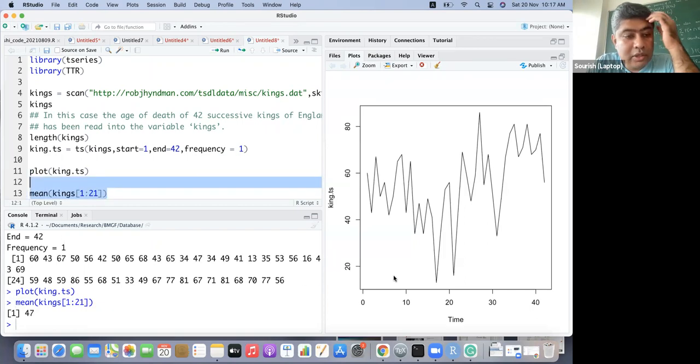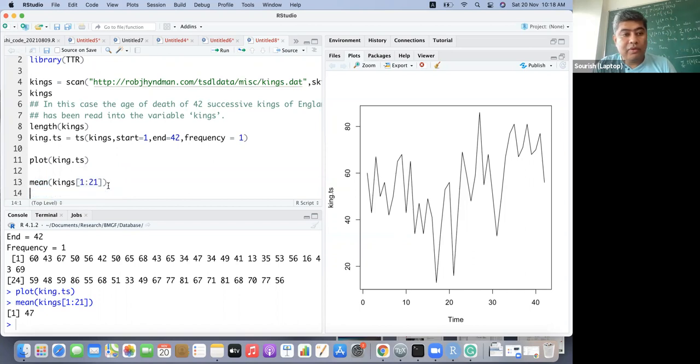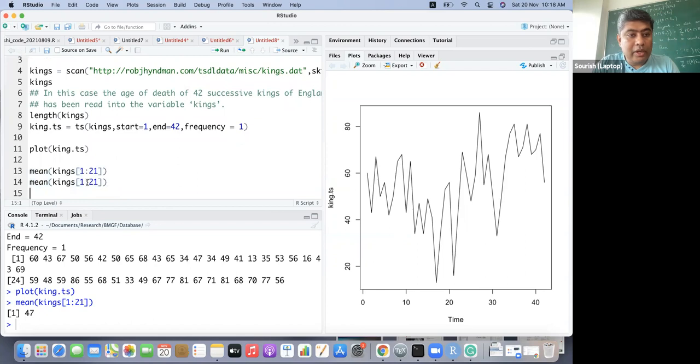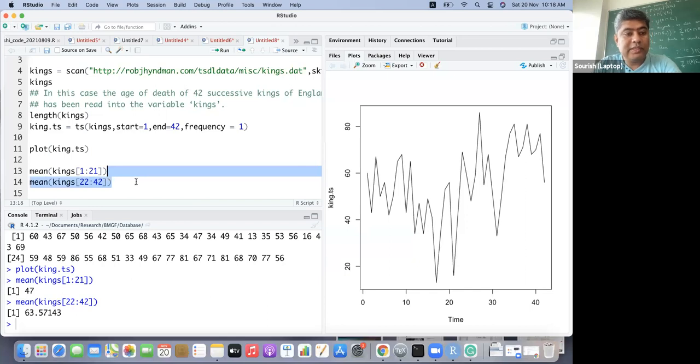The first 21 kings' average life was 47 years, and from 22 to 42, it's 63.